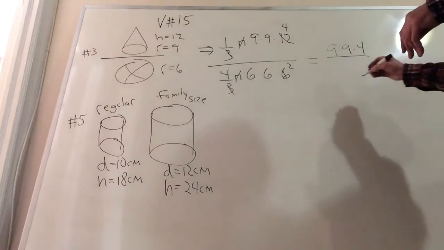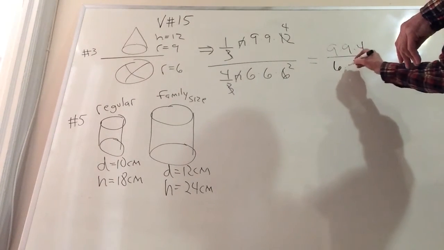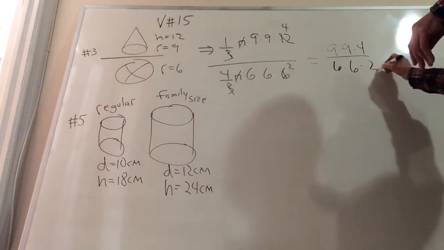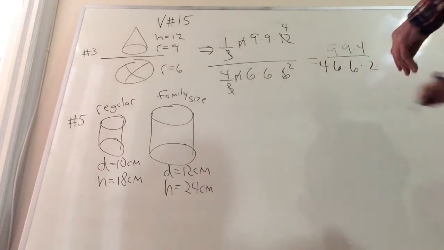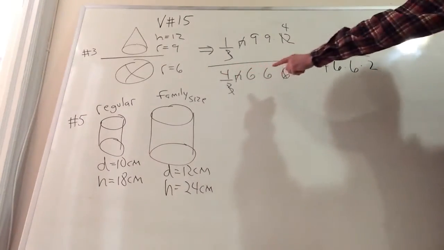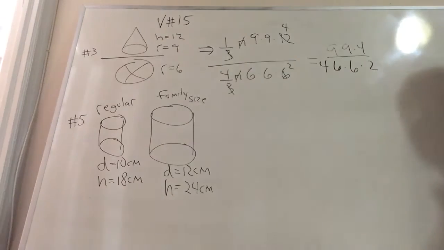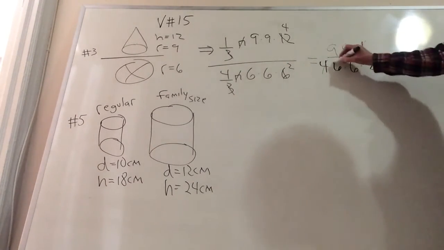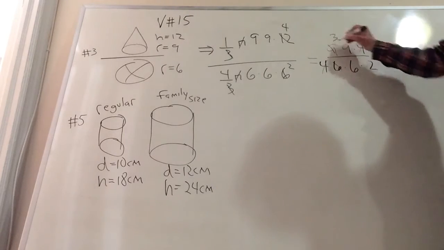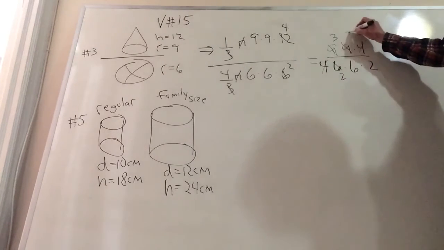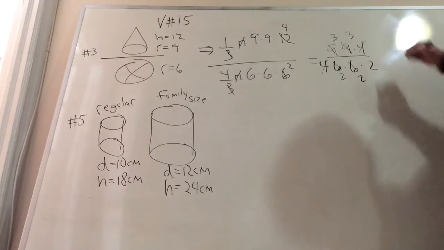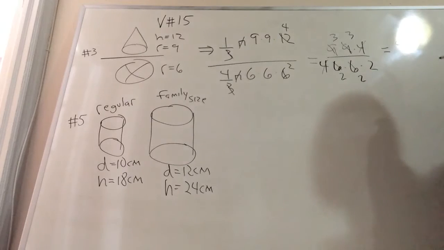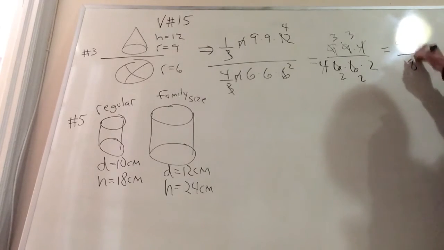And what do I have on the bottom? I have a 6, and a 6, and a 2, and there's that 4 from before. So I check again, the 4, the 6, and the 2, which became 2 because it had out there. Well, goodbye, that's an easy one to do. This becomes 3 over 2, there's your 3, there's your 2. This becomes 3 over 2, so what's left? 3 times 3 is 9, 2 times 2 times 2, that is 2 cubed, is 8, and that's the answer